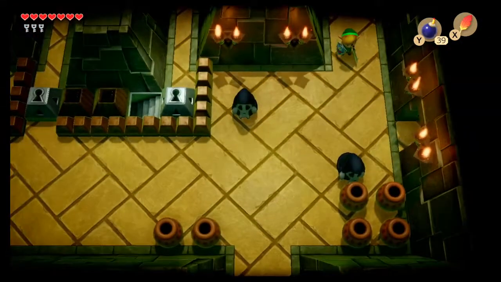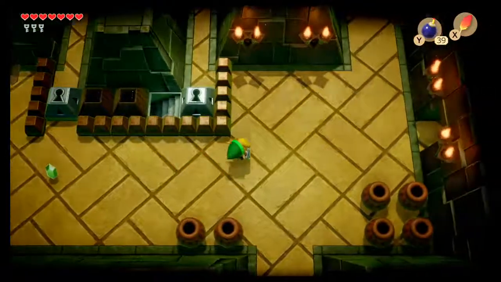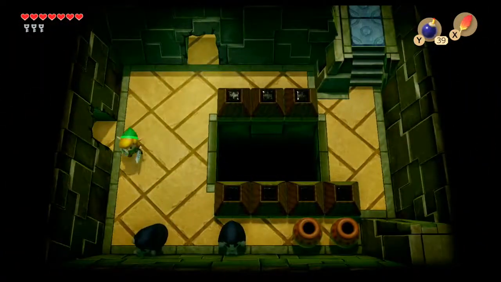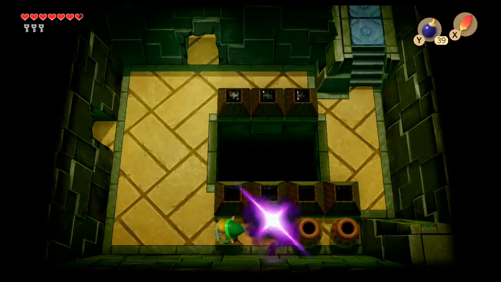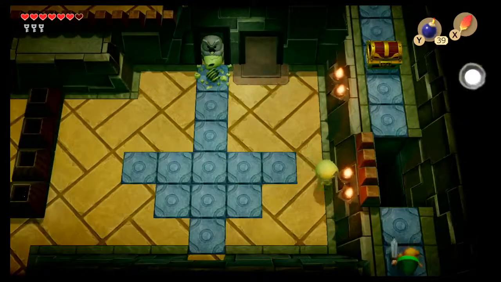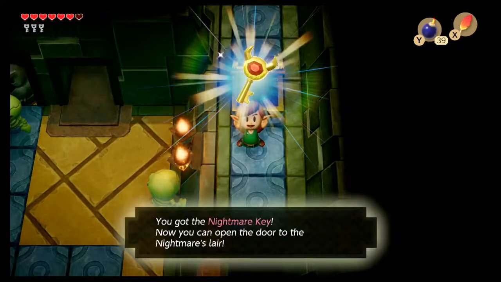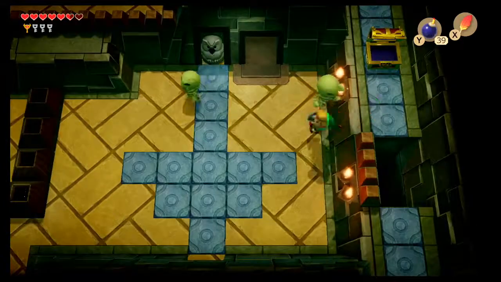Alright, so now we can get back out here. Before we make our way down there, though, we're gonna go ahead and test out what the owl was telling us. So if we run and then we use the Rock's Feather to jump, we're gonna use the speed and height, and it's gonna allow us to, oh, did a little bit too soon. There we go. And there's the nightmare key. So yeah, that was what the little sound effect was trying to